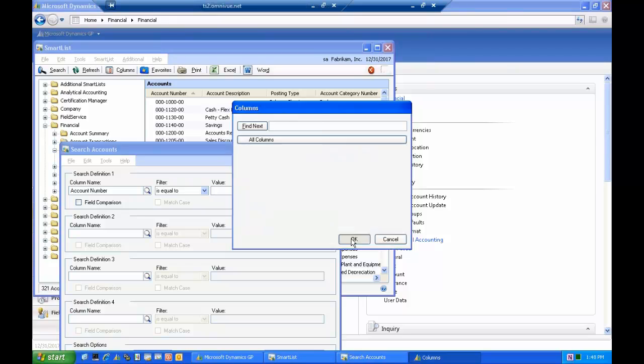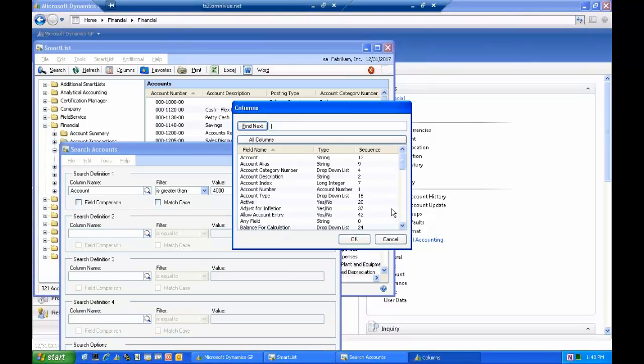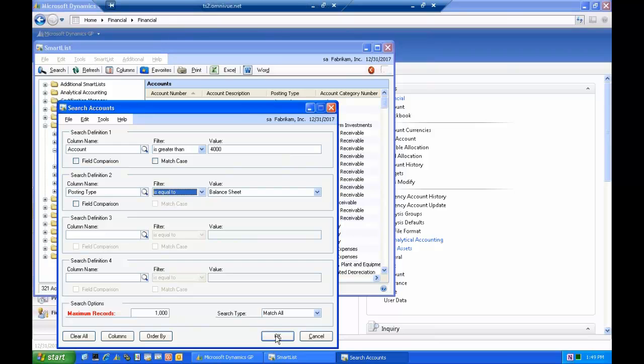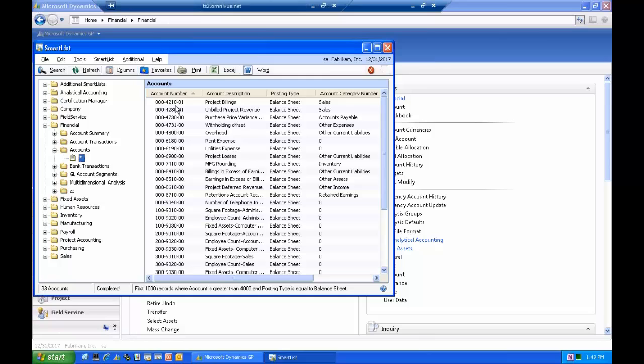So I want to see my account that is greater than 4,000, and the posting type is equal to balance sheet. Because if I see accounts that are greater than 4,000 in the balance sheet, they're wrong, and I need to fix them. Okay, so I'm going to run this,